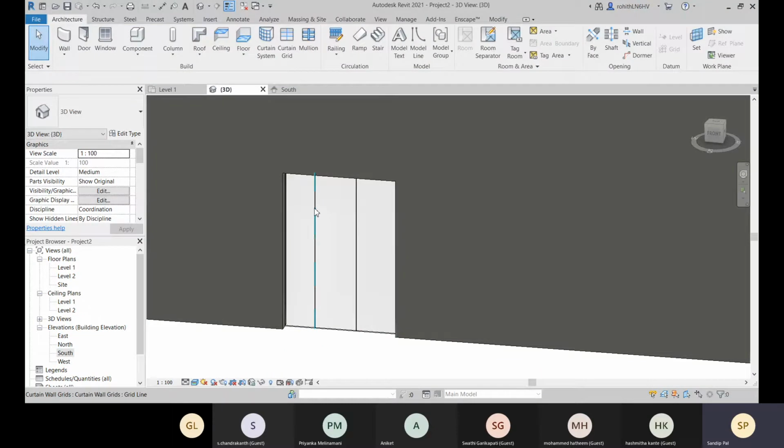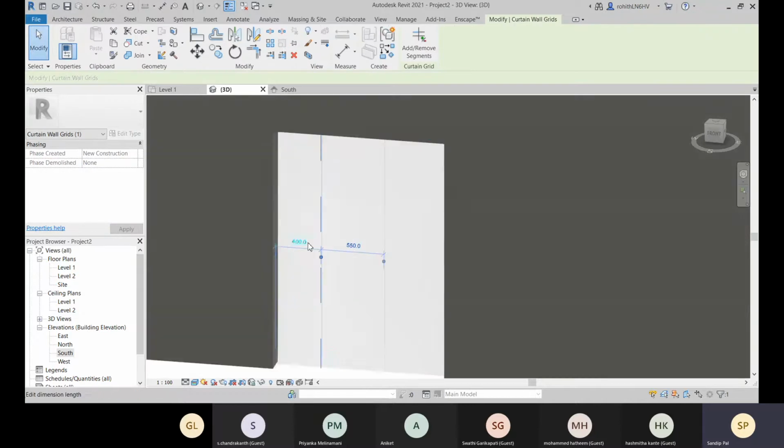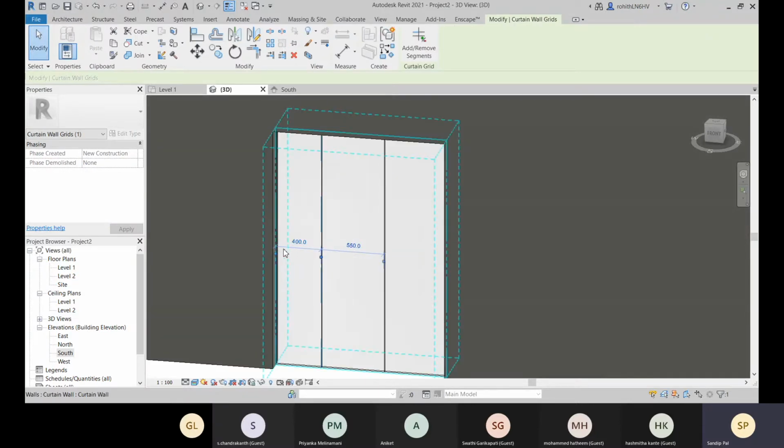Okay, so for that, let me select this. Make sure you are selecting this grid line. If you cannot select this grid line so easily, what you can do is after placing it, switch using the tab. All right. So now this is selected, and here you can see these are your temporary dimensions.